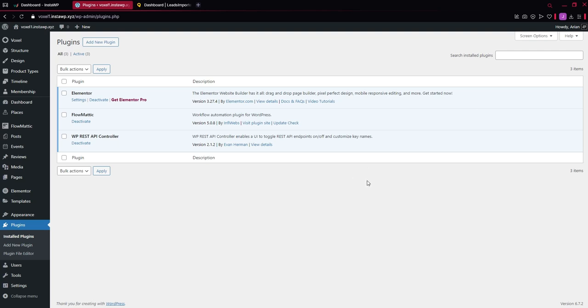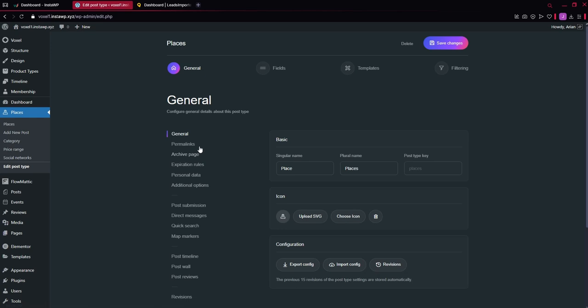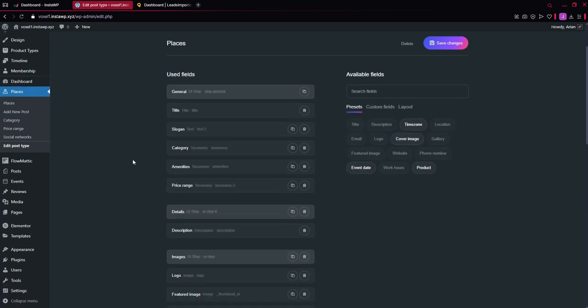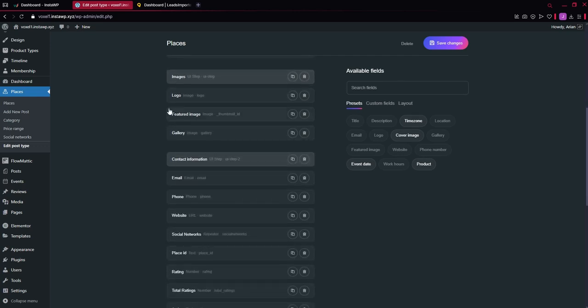The first step I usually do is come into places and make sure that we have all the fields that we want to use during the import. We go here into edit post type, then into fields, and we can see I already added the fields previously, but of course some are already here by default, like the title, the category, the description. Then below, we can also use the logo, the featured image, and the gallery,